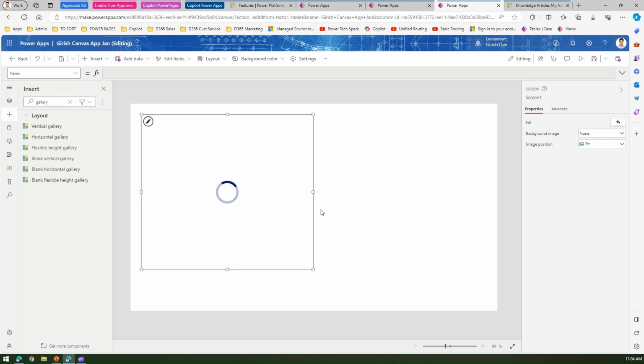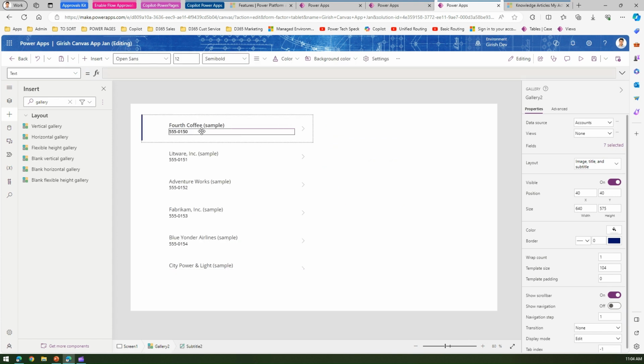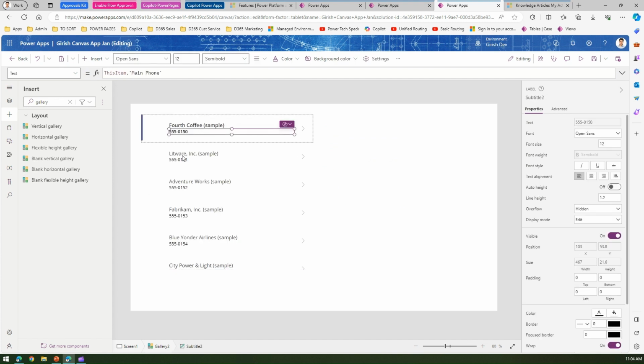So I have this vertical gallery which I've added over here, and if I select accounts, now in accounts I can see the name and then the ID over here. Now this ID follows some format. It's like 3 characters, dash, and then 4 characters. Okay. Now here, once you select this, you'll see something called a Copilot icon over here, and if you